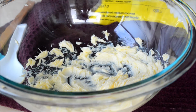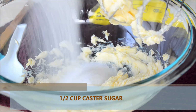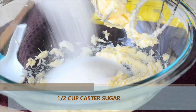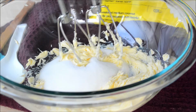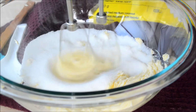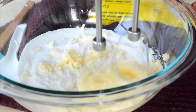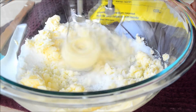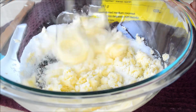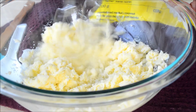And then to that, we are just going to add our castor sugar. So castor sugar is similar to granulated sugar, except that the texture is finer. The reason that we're using castor sugar is because it dissolves easily when you cream it. You can easily make your own castor sugar by just processing the granulated sugar if you have a food processor